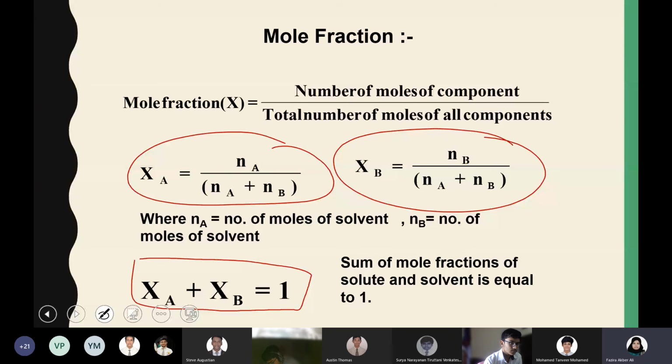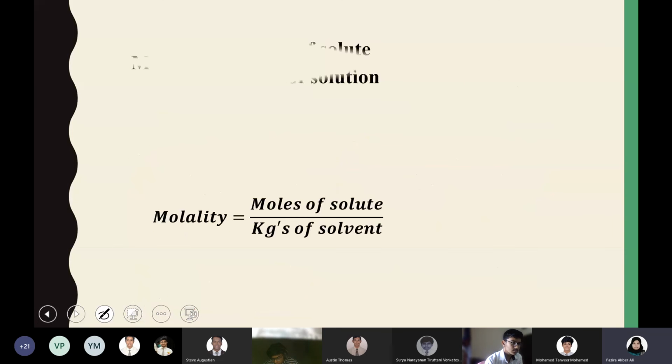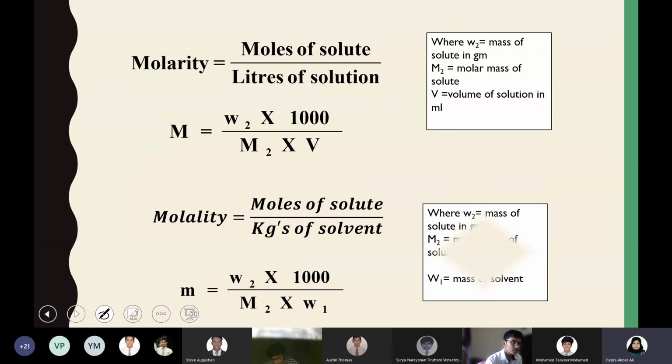And the last 2 more things which I have to express, which can be used to express the concentration, are molarity and molality. With that, I will end today's session so that we'll discuss more questions based on this from tomorrow onwards. This we already discussed in grade 11, that's why I'm moving a little fast. Molarity is the number of moles of solute divided by the volume of solution in liters, and molality is the number of moles of solute divided by the mass of solvent in kilograms. You need to know these differences very clearly.